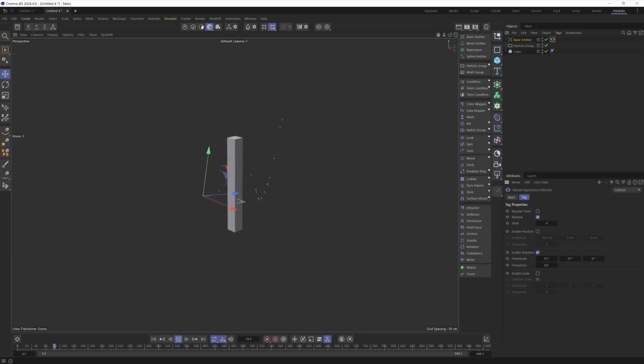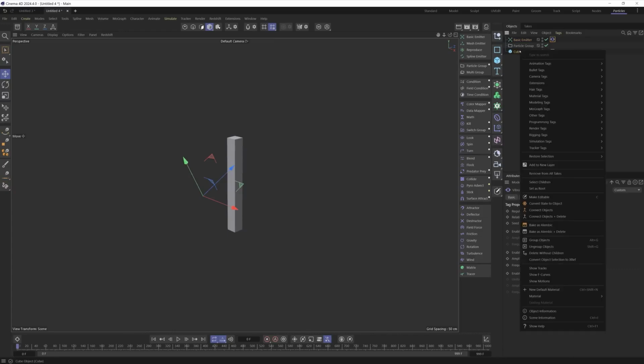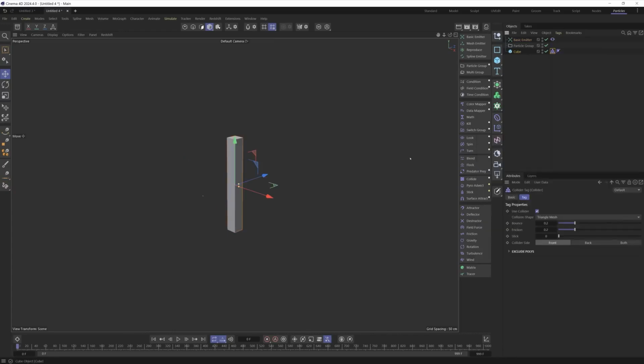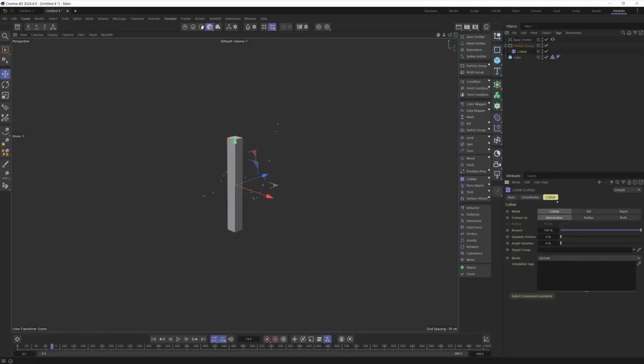Let's give ourselves a bunch more frames. And what we'd like to do is start colliding these particles against the wall. So pretty simple. Let's right click on the cube, say simulation collider, and let's hit play. But you'll see the particles are going to fly right through the object. It's not colliding. That's because we need this collide modifier. So we activate that, drop it inside our particle group, and by default, we could exclude things, but it's going to see everything. And right now, it's set to bounce 100% off the surface. So let's see what happens. Let's also make the particles a little bit bigger for